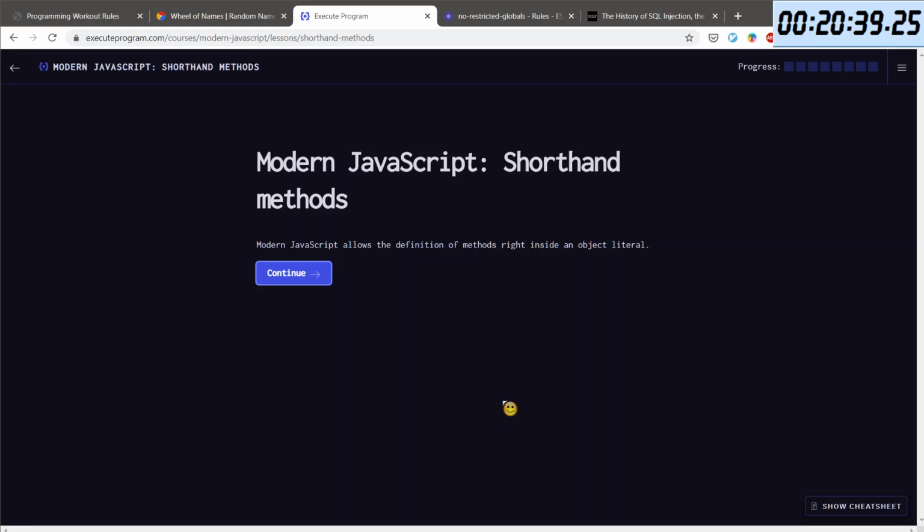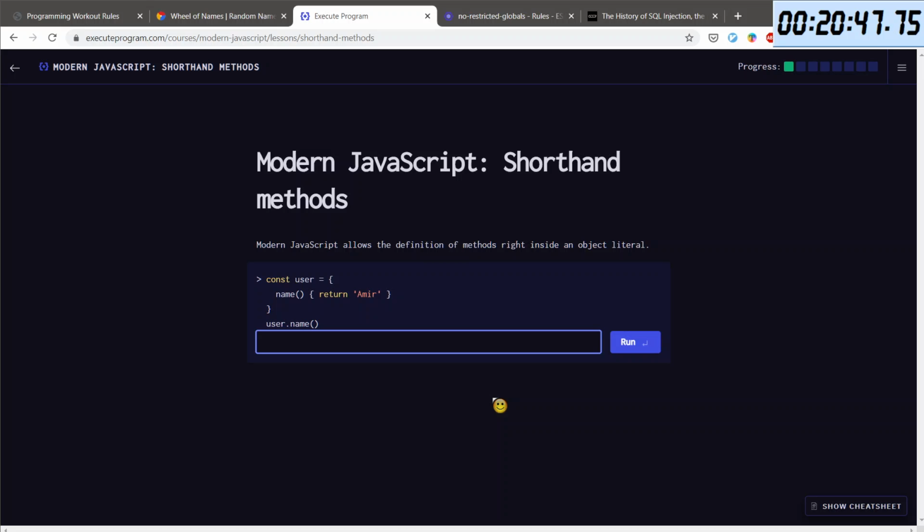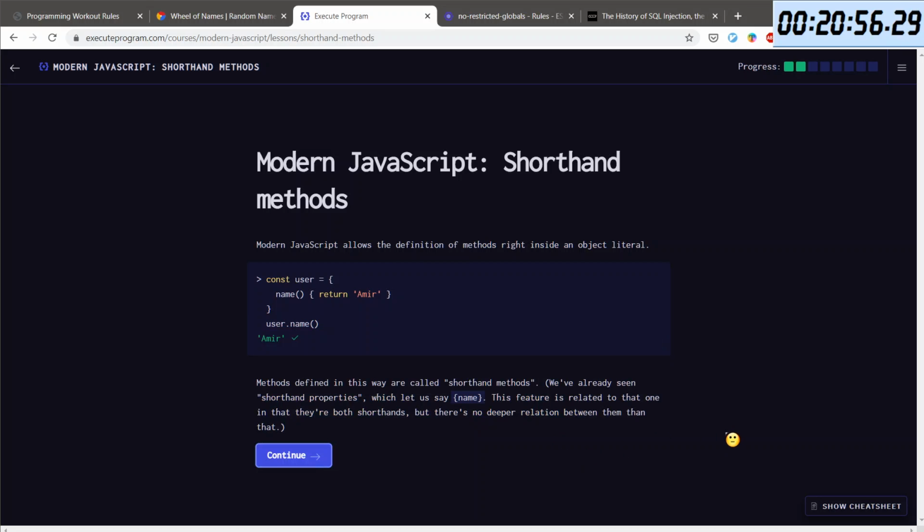Shorthand methods. Modern JavaScript allows the definition of methods right inside an object literal. User.name mirror. Methods defined in this way are called shorthand methods. Okay. Now we've already seen shorthand properties, which let us say